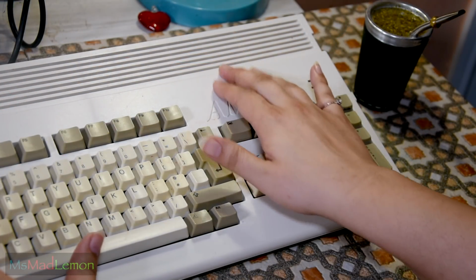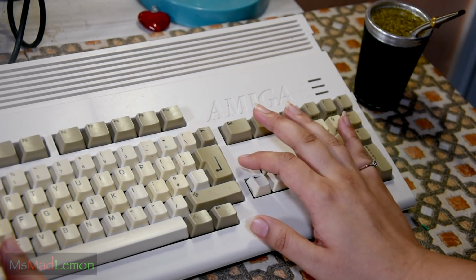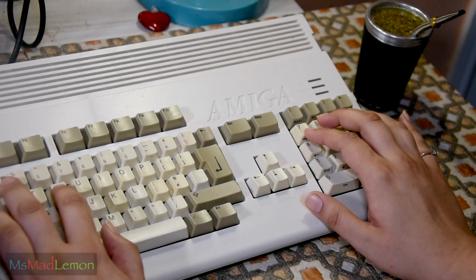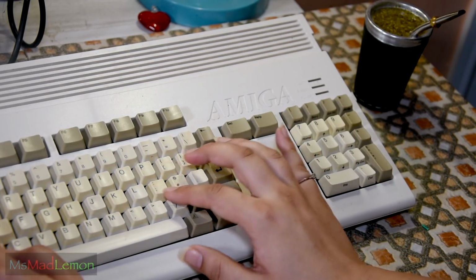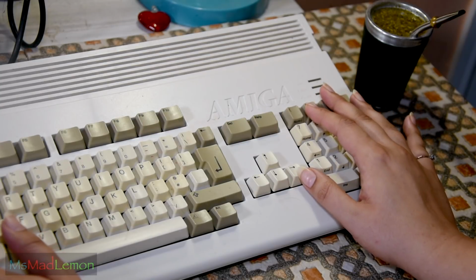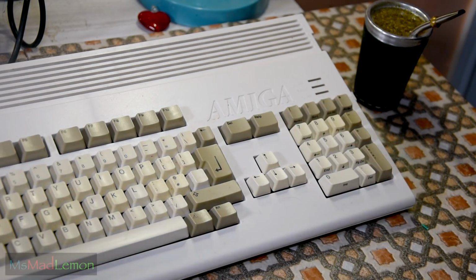Now this case here is in absolute pristine condition. There's no yellowing or anything like this, so I do not have the heart to paint this particular case, nor do I have the heart to paint these keys. Okay, they're slightly yellow here and there. Actually, it probably appears more on camera, but they're not so bad. It's passable, it's fine. So these are going to be my spare keys, in case, because I went on eBay and I got myself